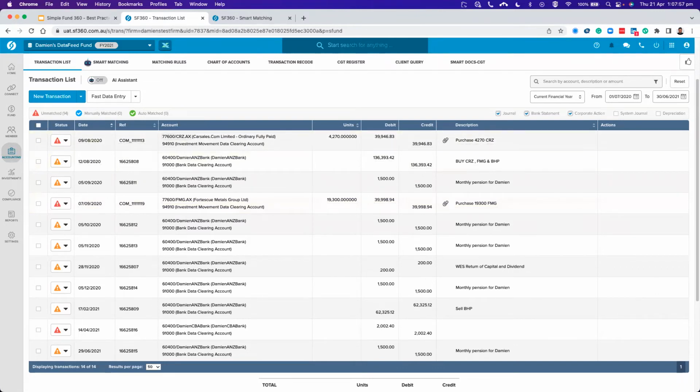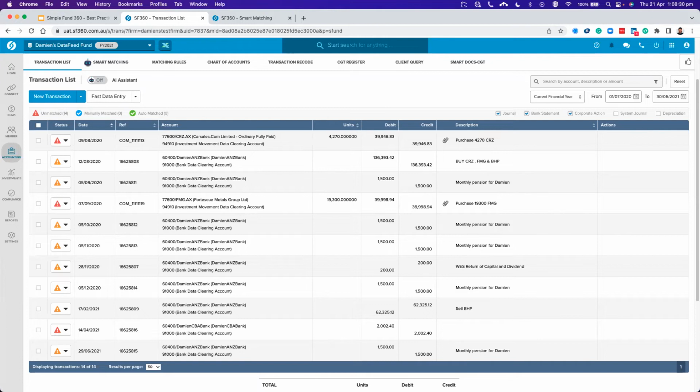Perfect. So now just a couple of things. We're going to look at now how to import a bank statement and CSV into Simple Fund 360 at this point. Now, this is really important for clients that may not want to set up the BGL bank data service, but obviously still want to work out the best and most efficient ways of getting bank transactions into the software. And also just to reiterate again, for bank accounts that are set up, other than the 3 banks, Macquarie, DDH, and Rabobank,